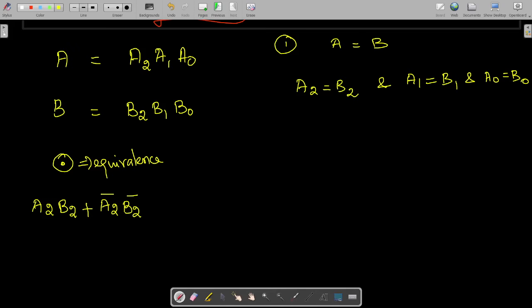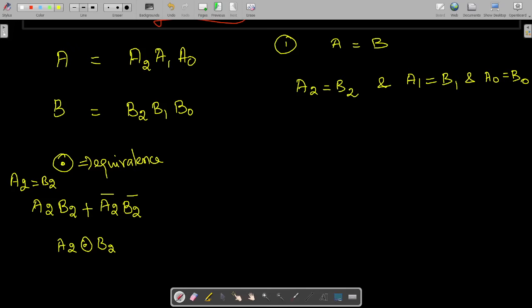Under this condition we can say A2 is equal to B2 for this bit position. This is nothing but A2 equivalence, that is XNOR, with B2. Like that I can put.